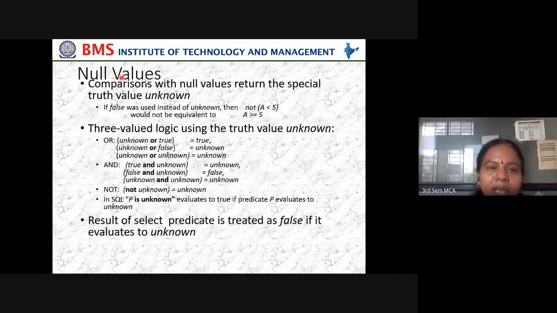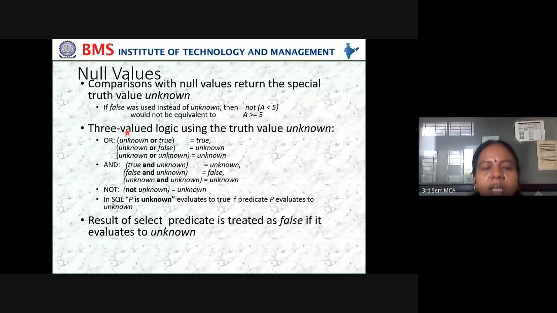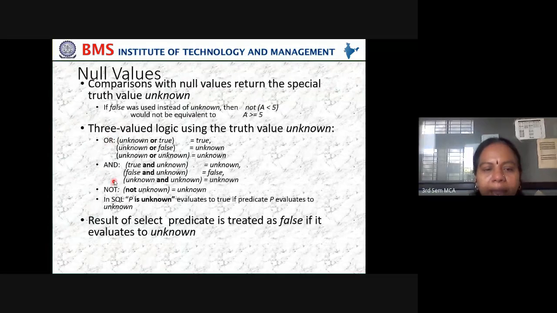A comparison with a null value returns the special truth value unknown. In three-valued logic we can use or, and, not, and in the same way we can use them in SQL.